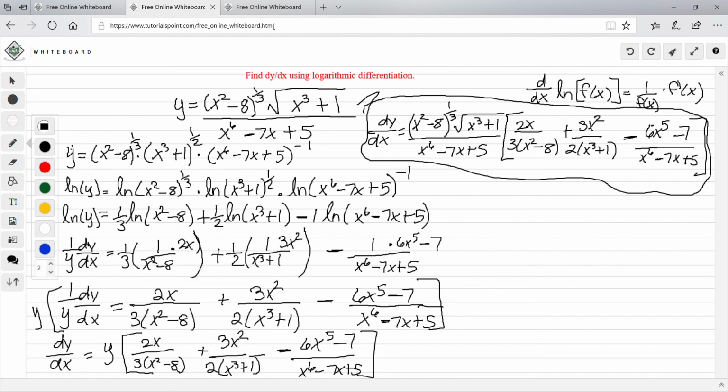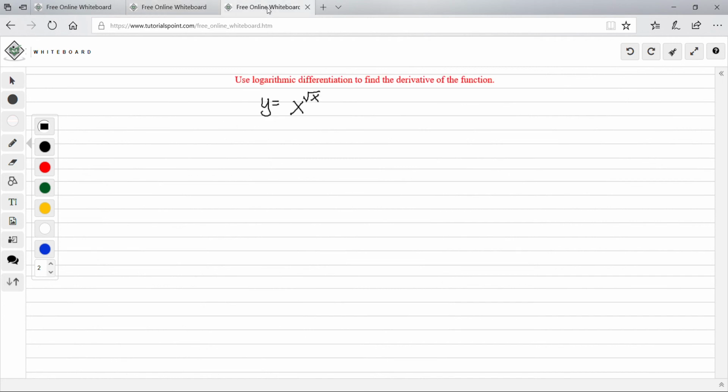Okay, let's do the last one. So use logarithmic differentiation to find the derivative of the function. So what I can do is I can rewrite it as y equals x to the x to the 1/2. So first step, I'm going to take the ln of both sides. So ln of y